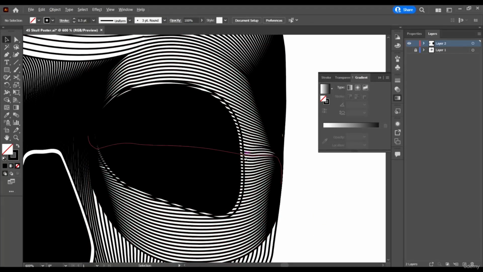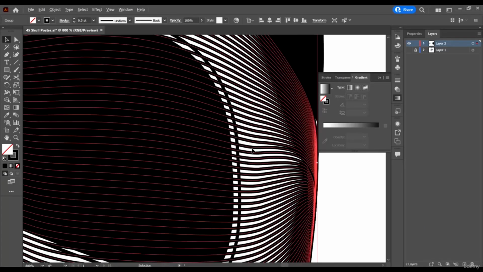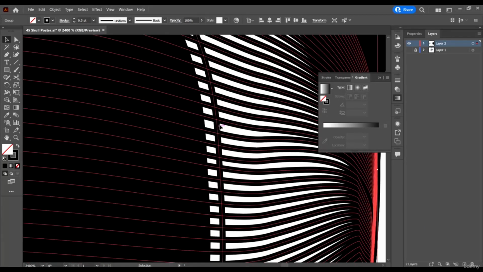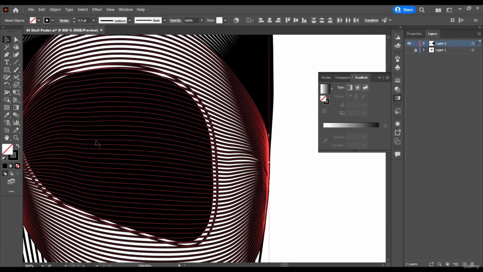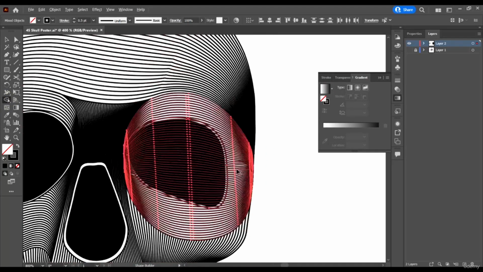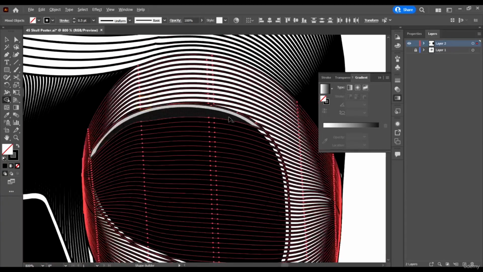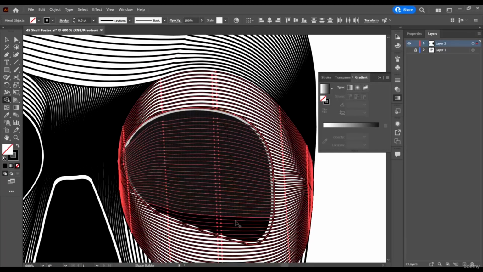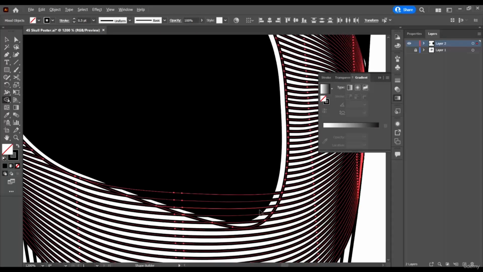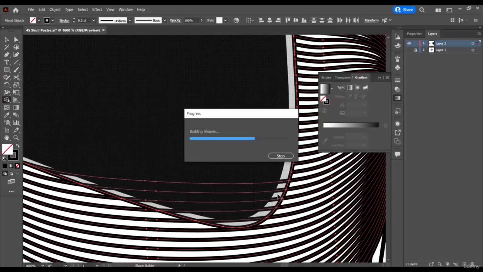Okay, and then now select the whole group, and select the guy inside, this one inside. Go to your shape builder tool, holding down Alt, delete, delete, and then drag out like this. Drag out.